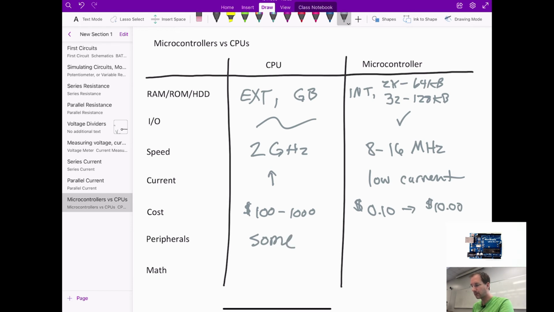Historically, they've had almost nothing. But microcontrollers tend to have lots. They tend to be feature-rich. And so if you're looking for microcontrollers in the higher price range, they tend to have more peripherals built into them, essentially. That makes your life a little bit easier and makes communicating with different kinds of things a lot easier. And then in terms of math, so by that I mean arithmetic,